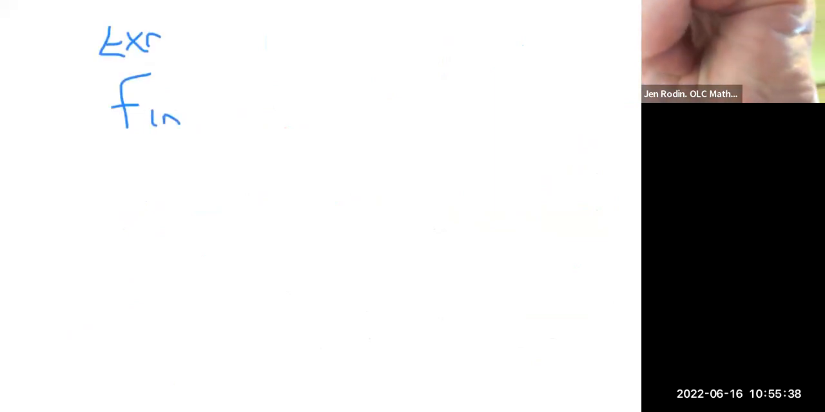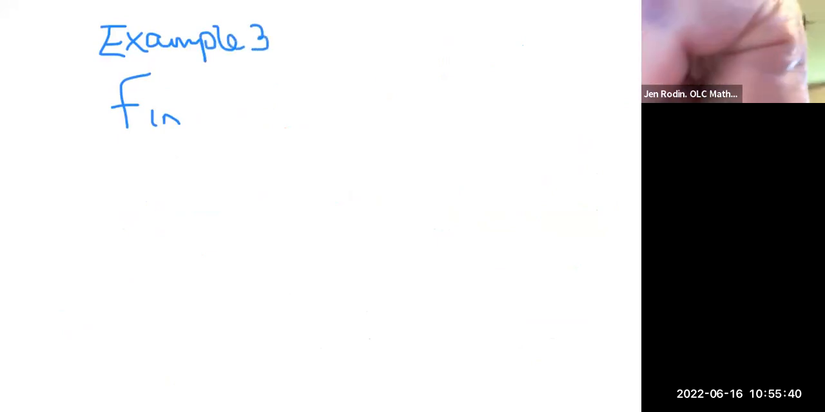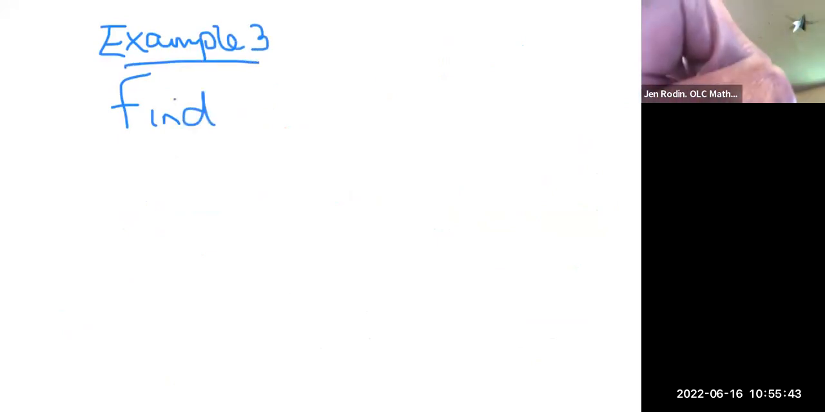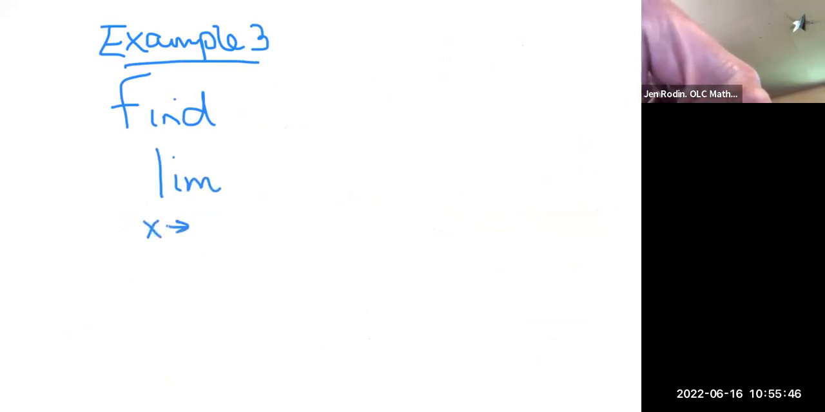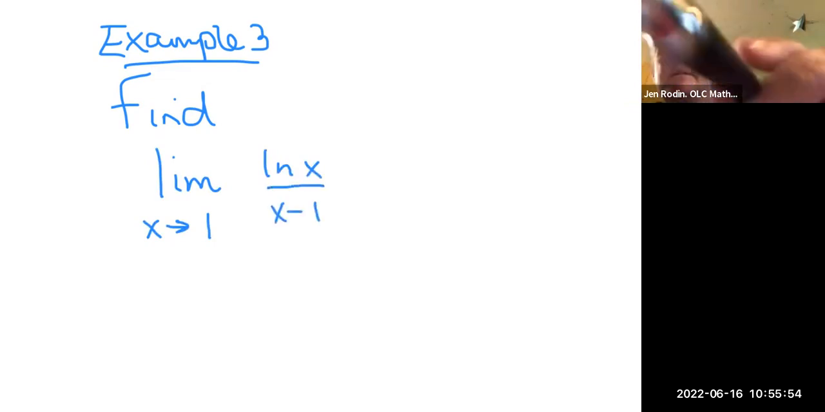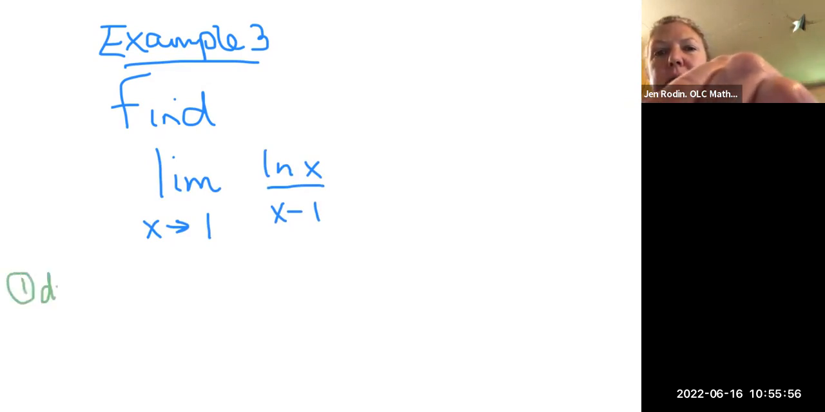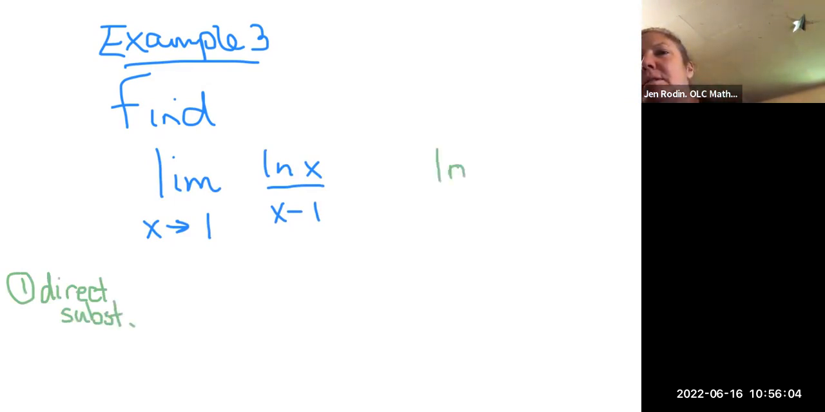Wanted to do one that had a natural log in it because we did that this week too. So this is the last one. Find the limit as x approaches 1 of the natural log of x over x minus 1. So again, we go through our steps. The first step is always direct substitution. So if I substituted this, the natural log of 1 over 1 minus 1,